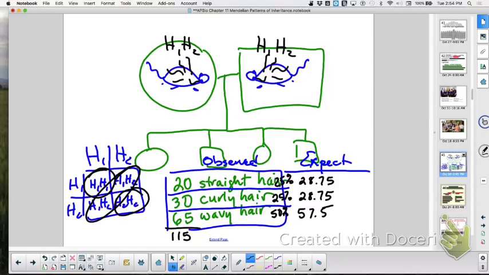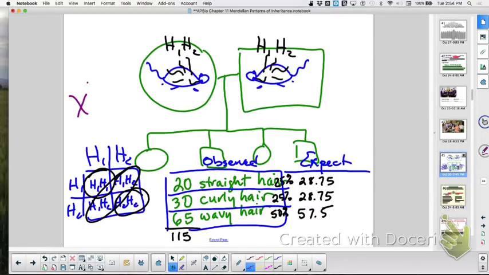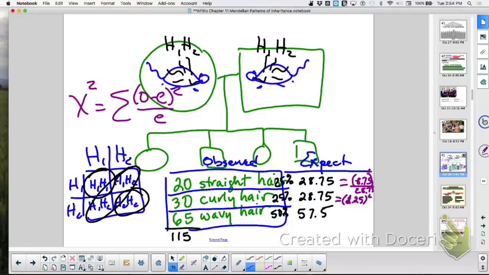Okay, so then all I did is I pulled out my handy dandy chi-squared, which I know is the sum of the observed minus the expected squared over what I expected, yes? Okay, so then I just had to take observed 20 straight-haired rat babies minus expected 28.75 rat babies, and what is that? 8 something? Yeah, 8.75 squared over what did I expect? 28.75, right? You know what I'm doing now? Okay, and then I had to take 28.75 minus 30 rat babies, and what did I get? 1.25 squared over